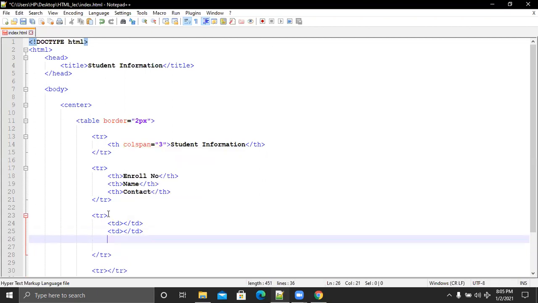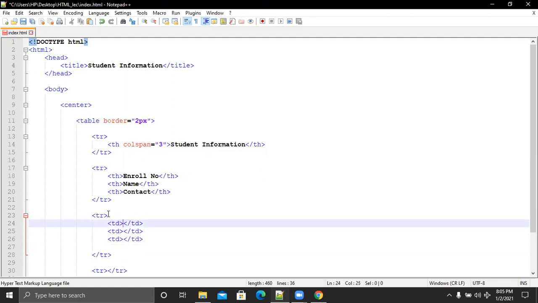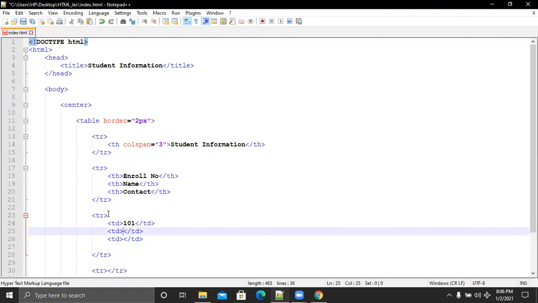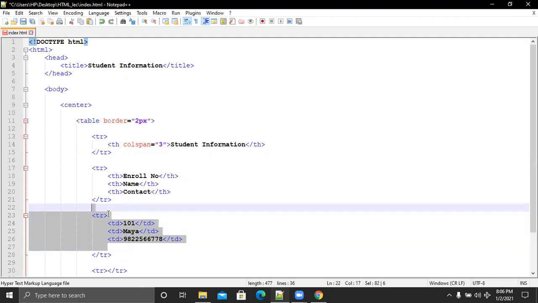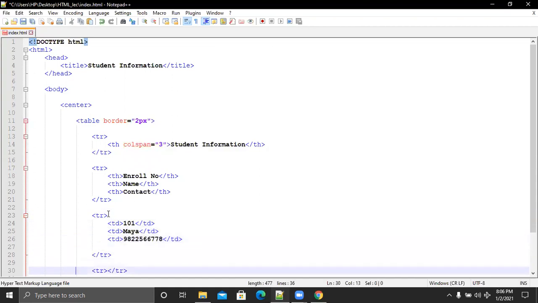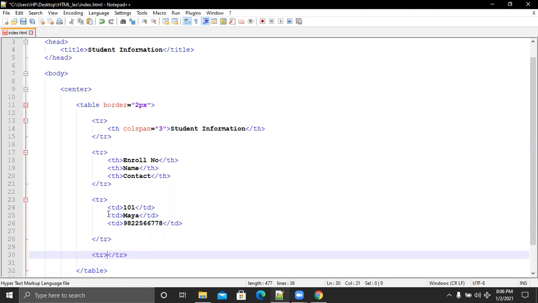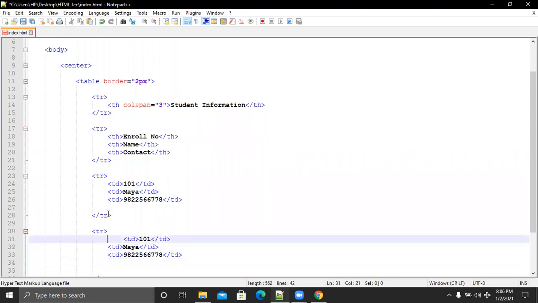So I make 3 td here, and corresponding to the column name, I give data here. I just give a random contact number and I copy this data for the next row. I just modify the data.